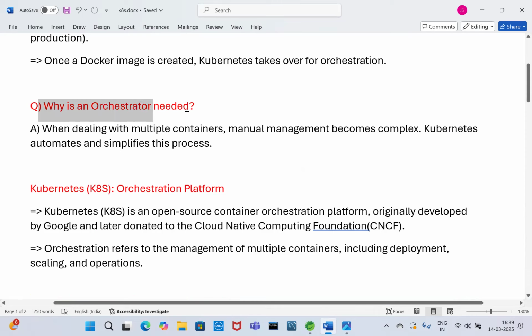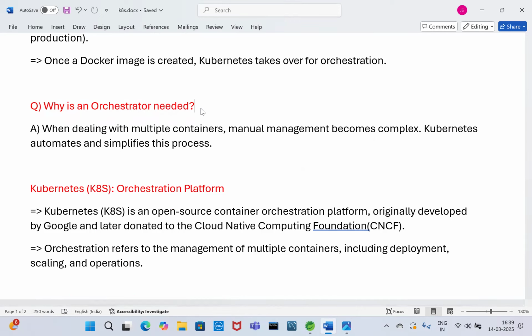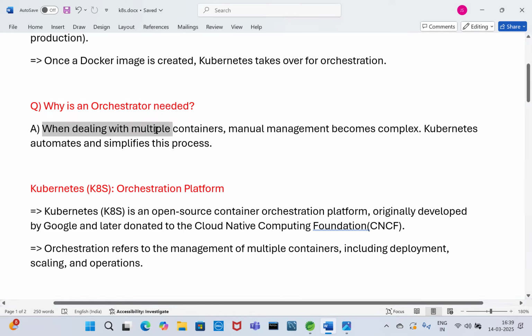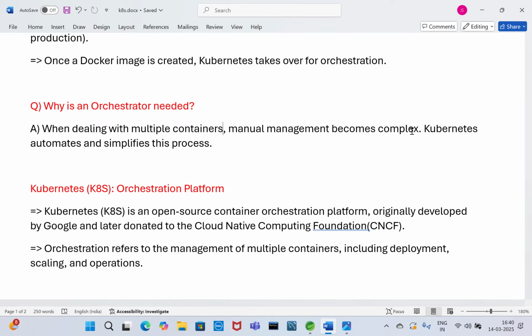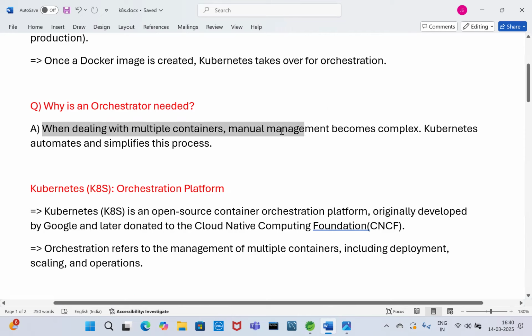Why is an orchestrator needed? When dealing with multiple containers, say I have 10 applications and each application I am running in one container, manual management becomes complex.